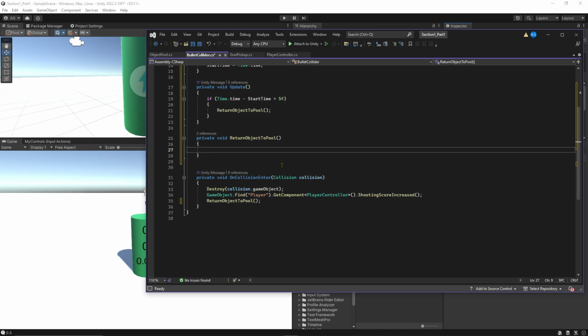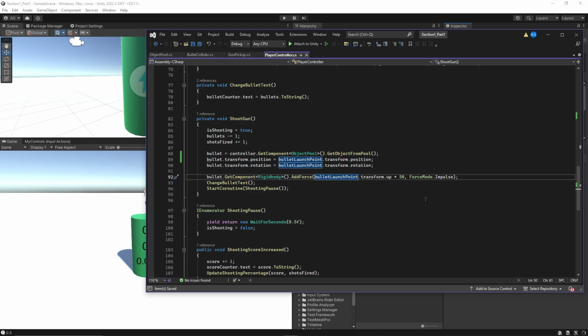Now, when we fire our bullet, let me go back to our bullet script real quick. Let's save this for a moment. Right, so we are adding to that bullet force, and we're doing impulse force. If we don't negate that velocity, it will stay and then turn back on, and so then it will just be added to what we do